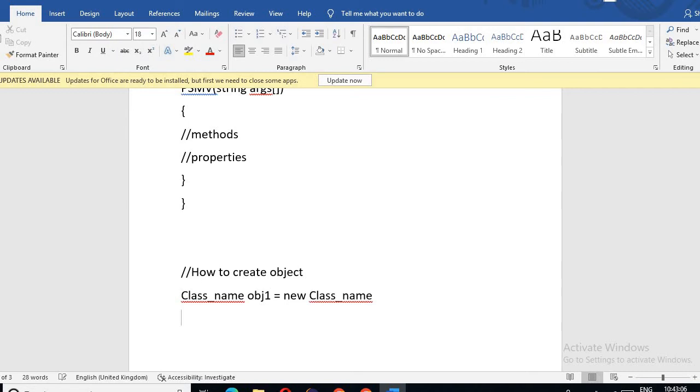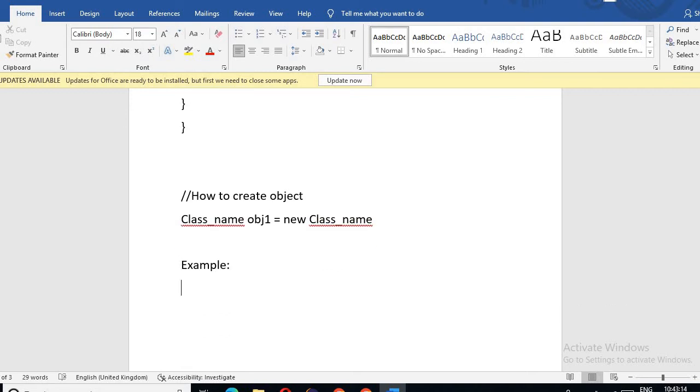Now I will take one example where I will create a class, and after that I will create an object of the class. Here is the keyword class for creating a class. Then I am writing the class name. Suppose my class name is hello.